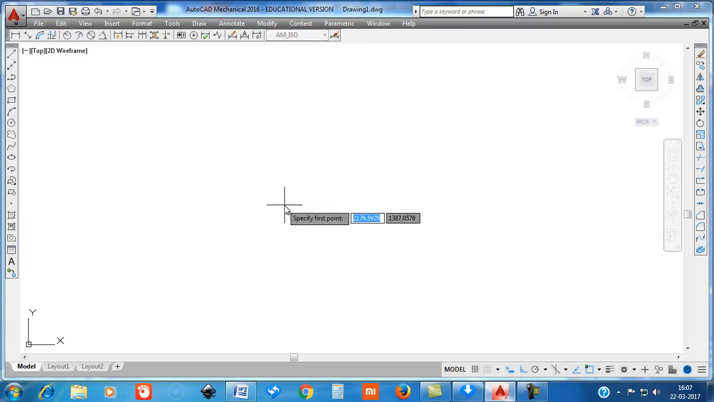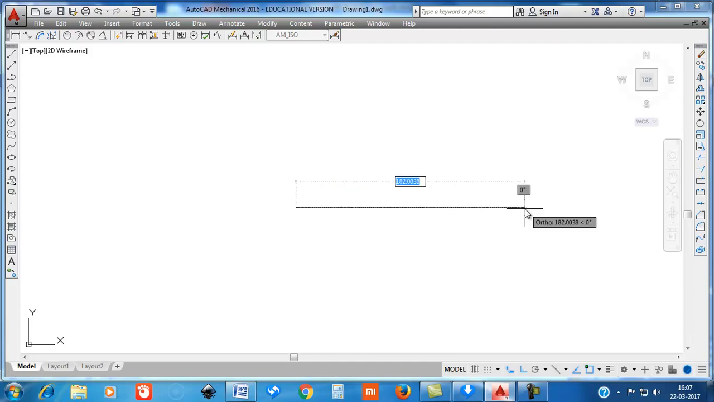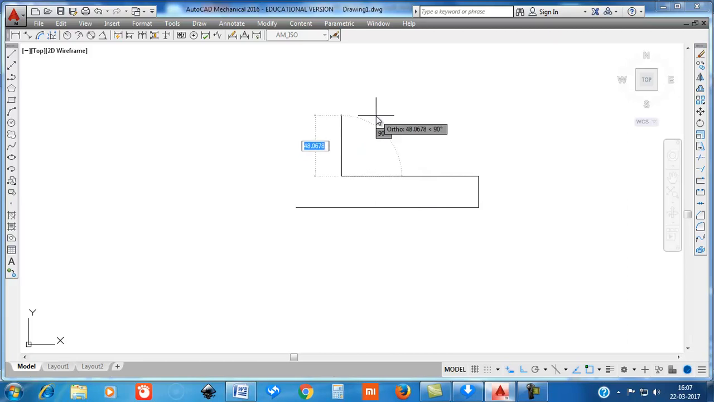Line 145 millimeters, go up by 25, to the left by 145 minus 36, that is 109 millimeters, go up by 90 minus 25, that is 65 millimeters, to the left by 36 millimeters,